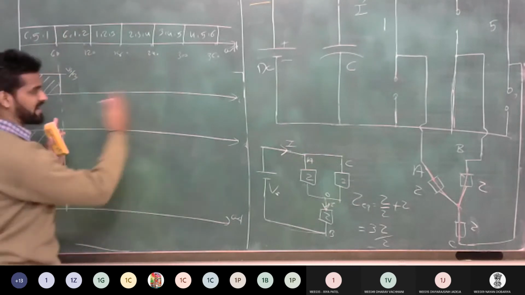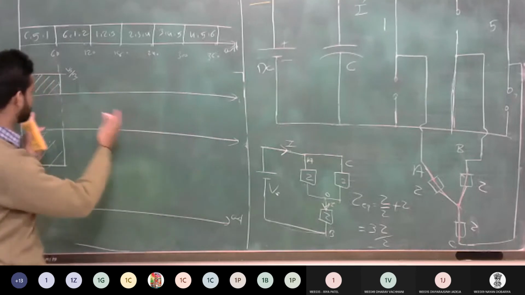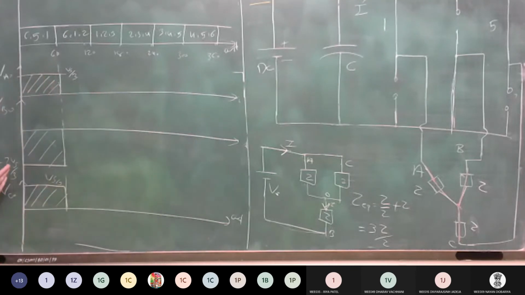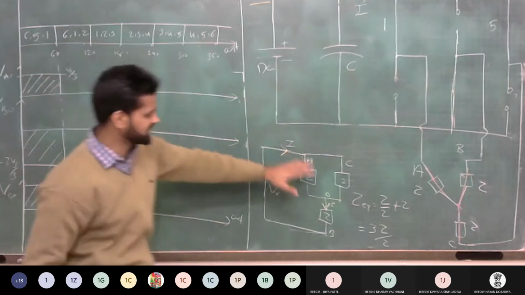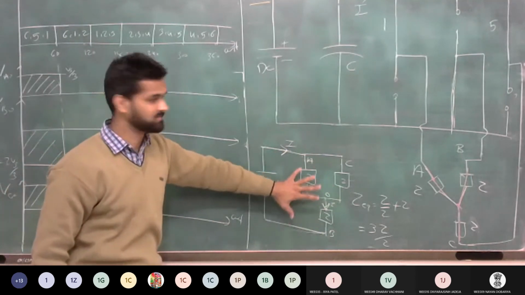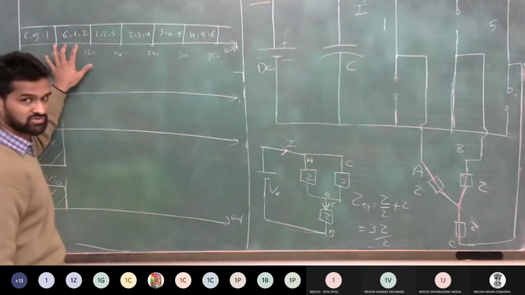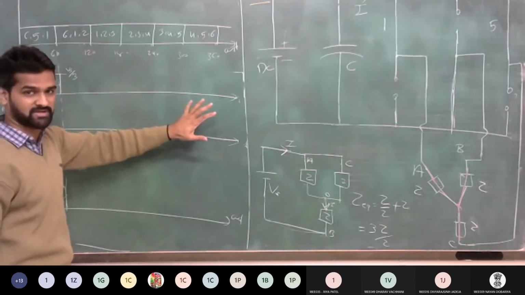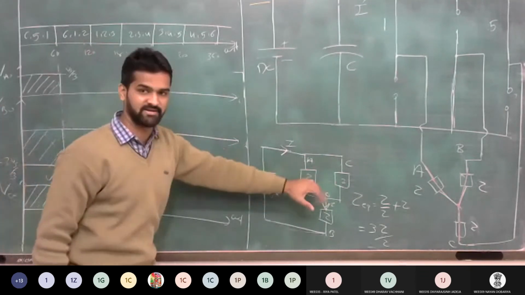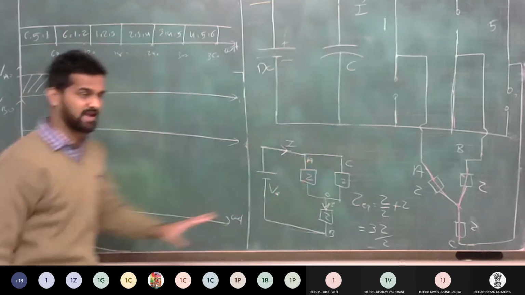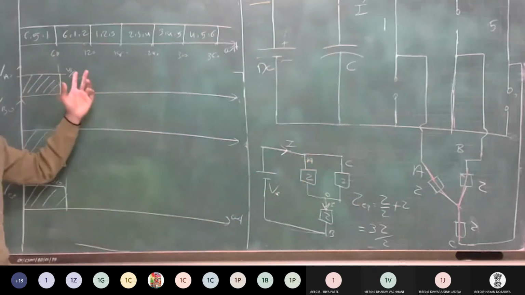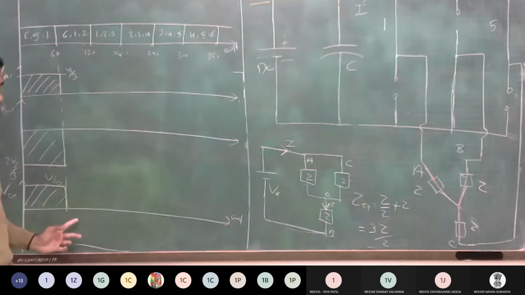Same way for the next steps, calculate the value of all the 3 phases. Next step, 6, 1 and 2 are conducting. So same way, draw the equivalent circuit like this. This thyristor reactor is a closed switch, the remaining thyristor reactors are open circuit. Draw the equivalent circuit, calculate the value of each phase voltage, and based on the value, draw the waveform here for each of the 3 phases.